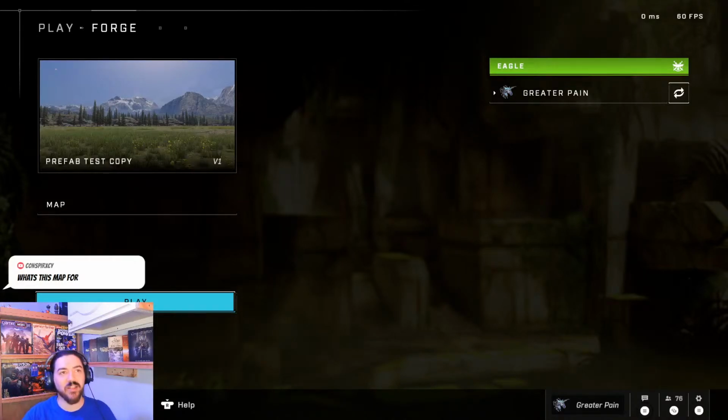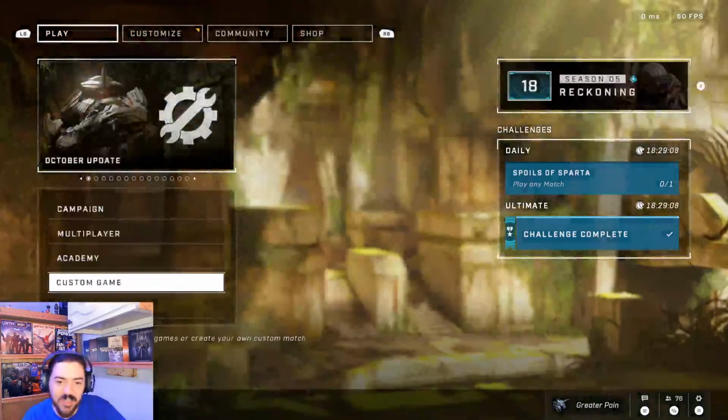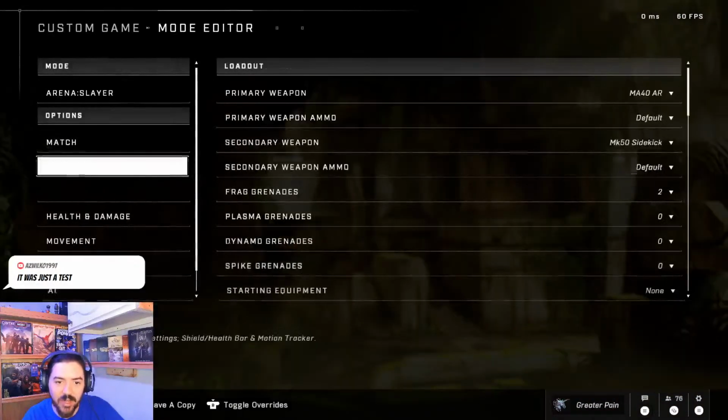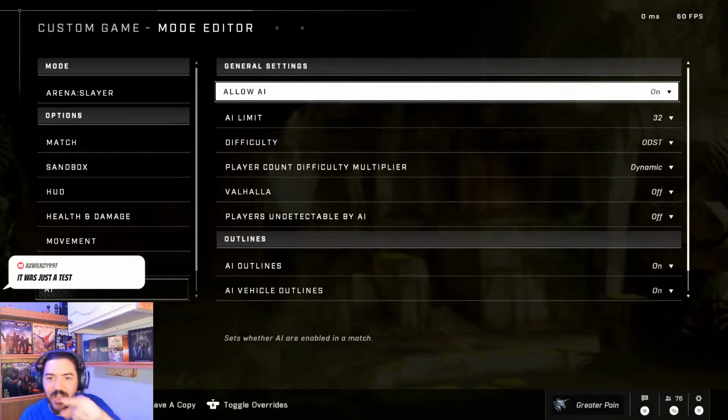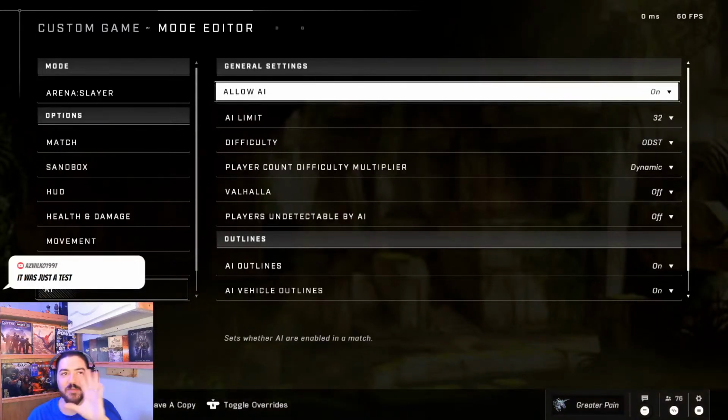Like you were doing the rally race one, right? But do it like a walkthrough level. And then make it to where there's 2 modes. You can play it with or without campaign AI by just going into the menu. If you go into customs and make a custom match, and you go into the mode editor, you go to AI, you can say allow AI and you can turn that off. You just build it to where it works with or without campaign AI as just like a beauty